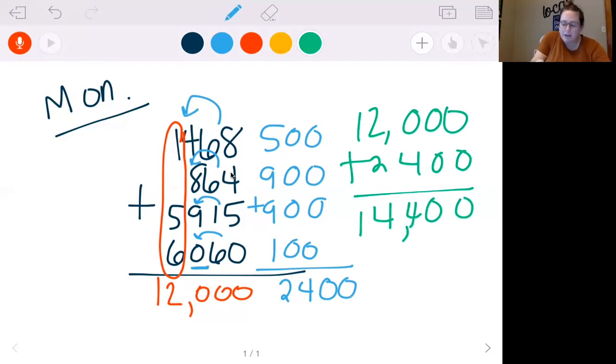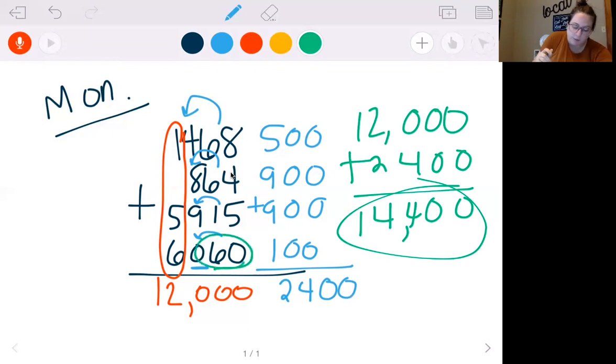So 14,400 is our answer. If you had 14,300, that would also work, because sometimes we can work a little bit with that one and it might not be exact. With front-end estimation, since it is estimating, anything close to this I would take. If you gave me 15,000, that would be a little too high, so I would not take that. But anything close to about 14,400 would be correct. So that's how you do your addition ones.